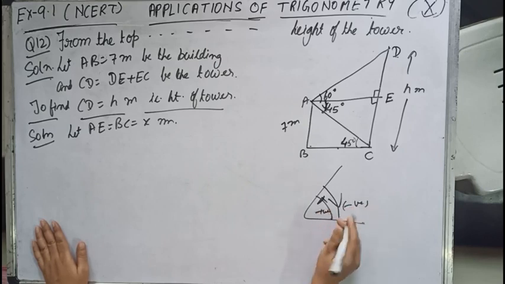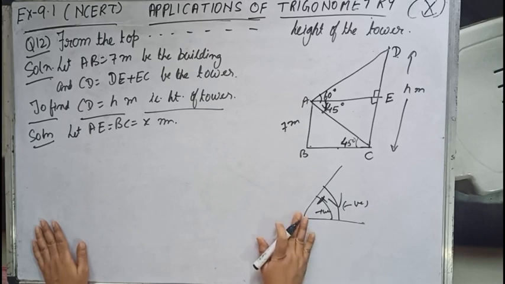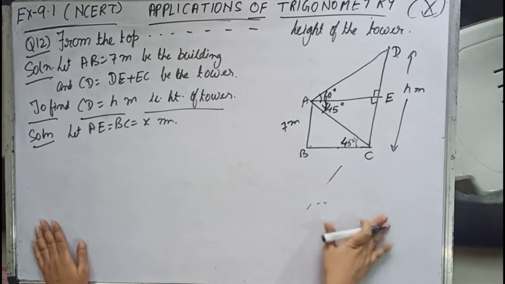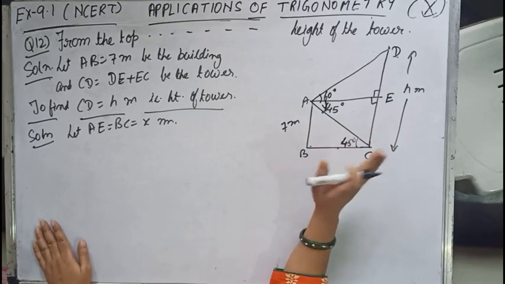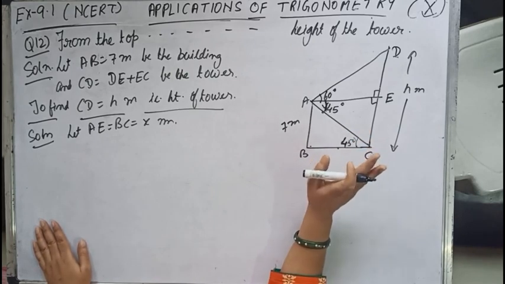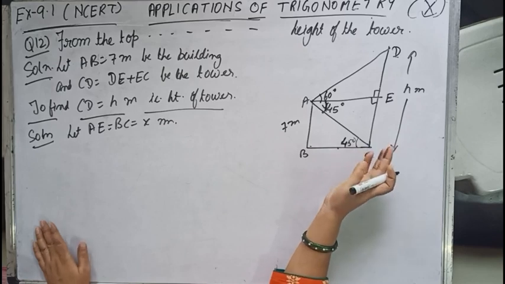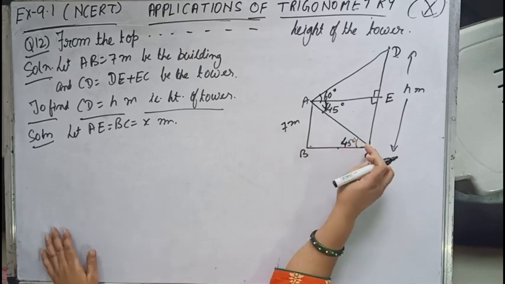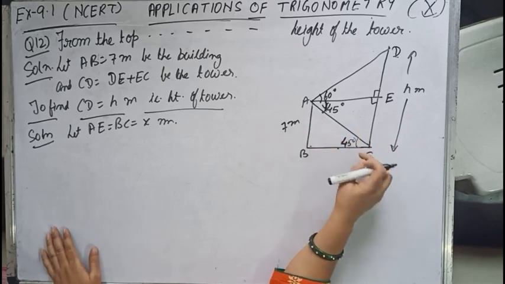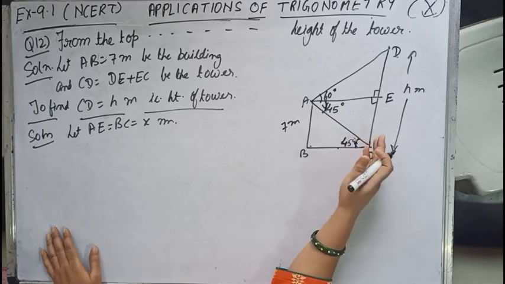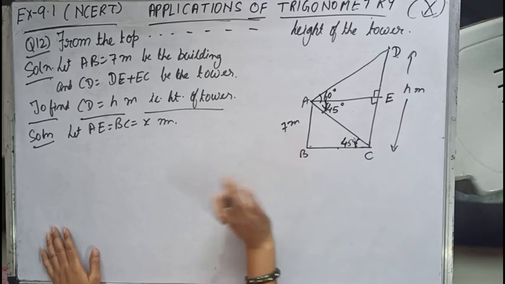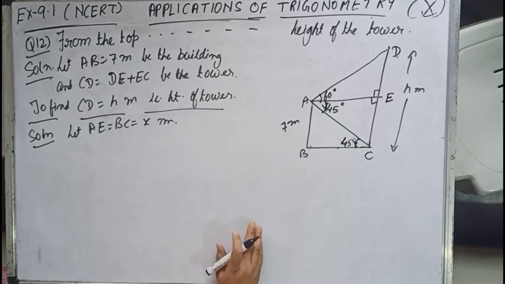This negative and positive is not taught till standard 10, it is taught after standard 10, that is from standard 11 onwards. That's why I am saying that whether you consider the tan ratio in this triangle or this triangle, both are correct till standard 10. But the correct way is to consider the tan ratio in this triangle only, because in this triangle we are considering the angle in anti-clockwise direction. Whatever you do, both will be correct.